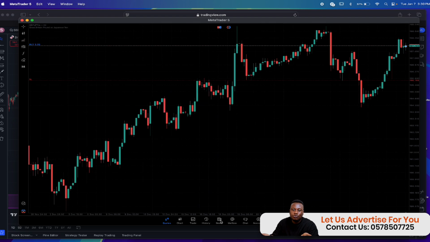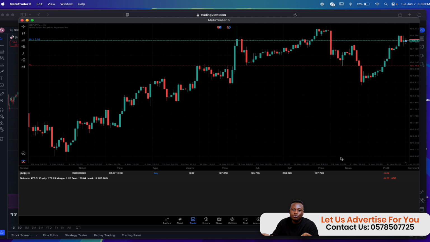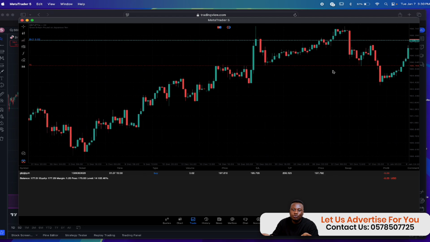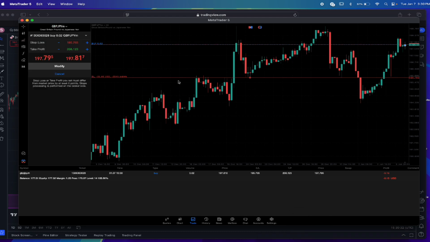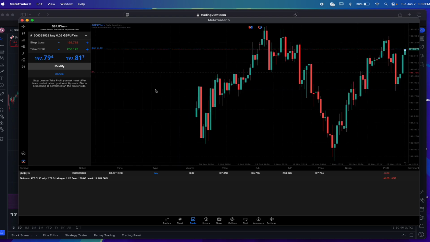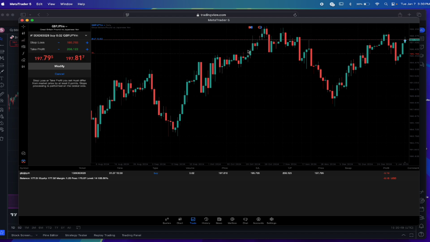So this is the trade that I am in now. I can open multiple positions out of this, but because of the largeness of my stop loss, I don't want to risk it. If I click on it, I'm able to see. With my account, I am risking $25.86 on this trade to make